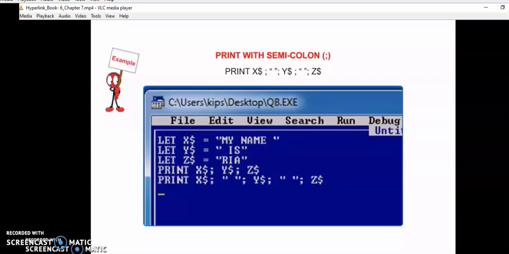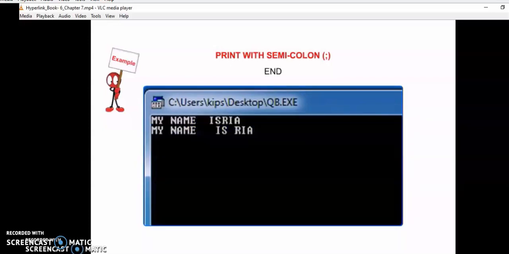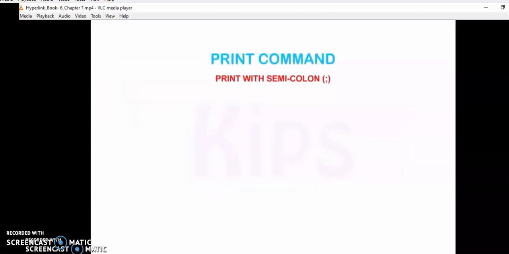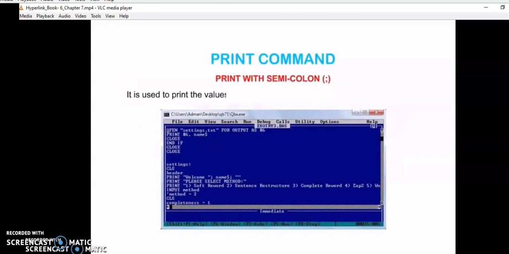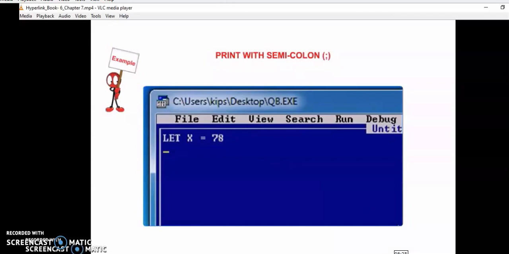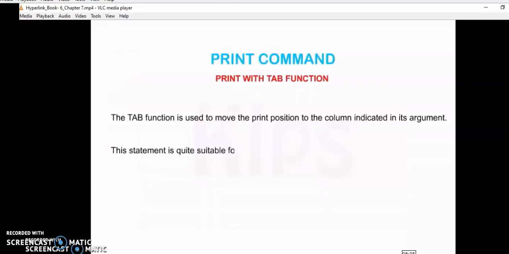Just have a look. Yes, then we have print with comma, which separates values with plenty of spaces. So this is the syntax. You can see it over here, z is equal to x plus y.